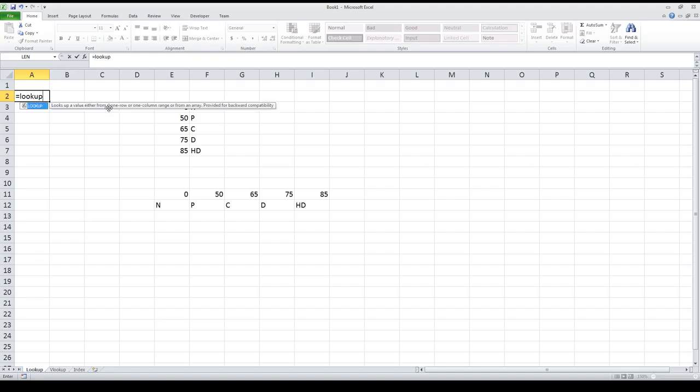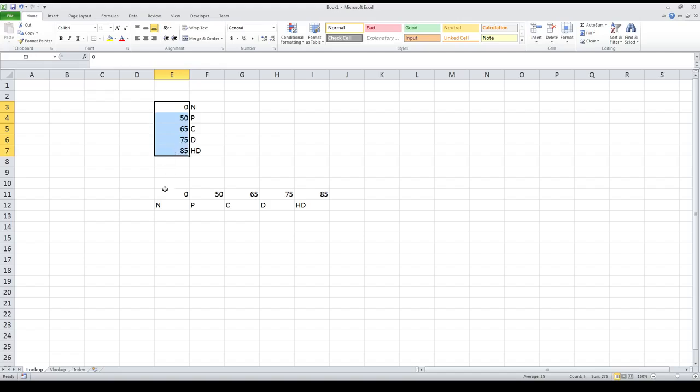First things first, let's explain what a vector is. A vector is any set of data that's in a single row or single column. So that's a vector, that's a vector, that's a vector, and that's a vector. All it effectively is any set of data where you only need one index into it to find out the